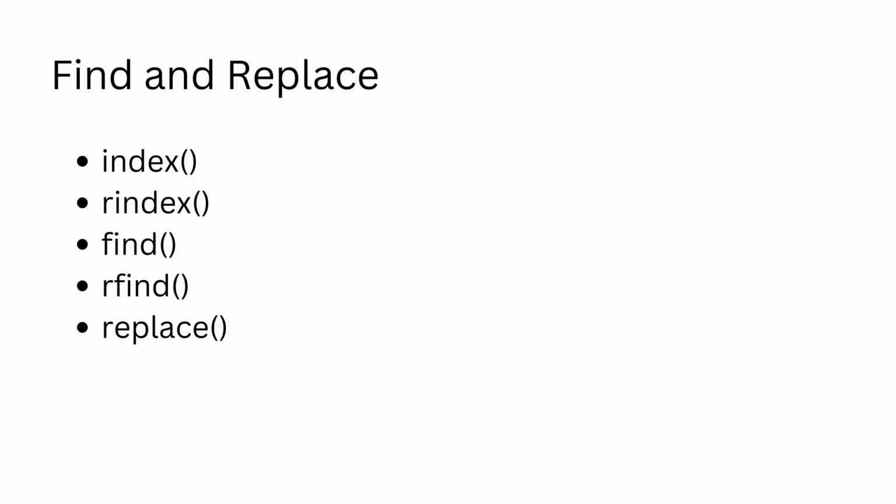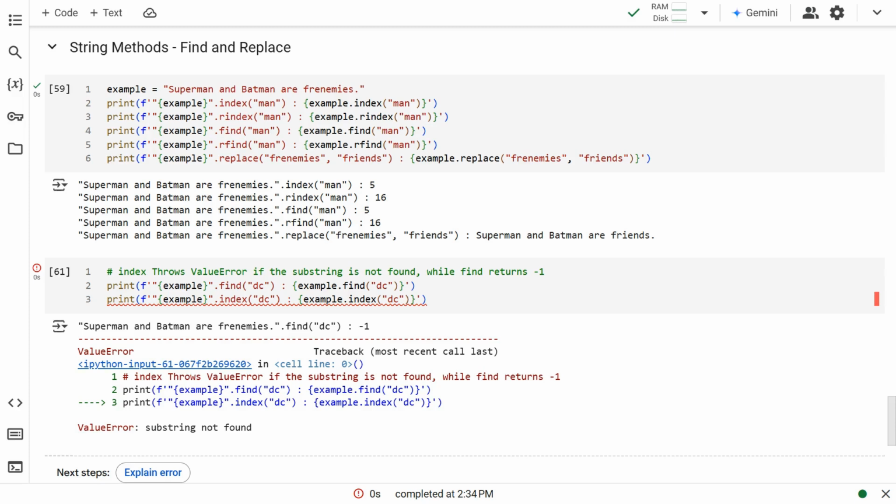Python strings provide us with the option to locate and replace the characters in a string. The find, index, and replace methods help in this regard. The find and index methods function in a similar way, returning the index position of the first occurrence of the character, starting from the left. The difference between these two methods is evident when the character is not found in the string.